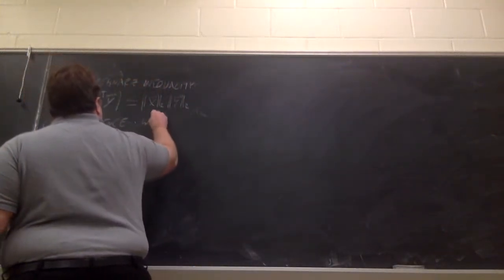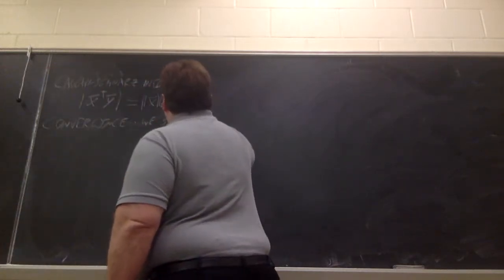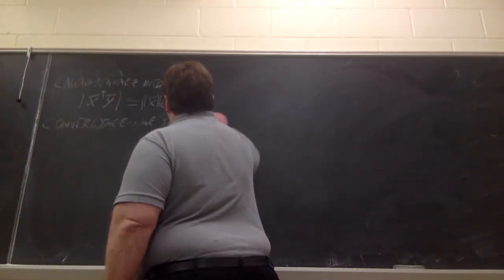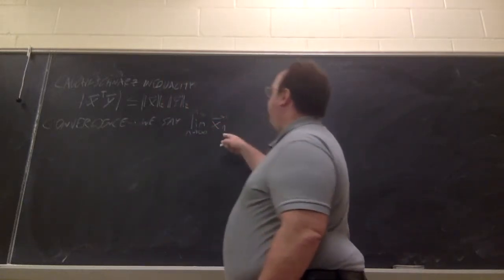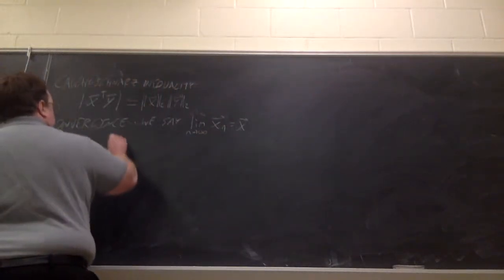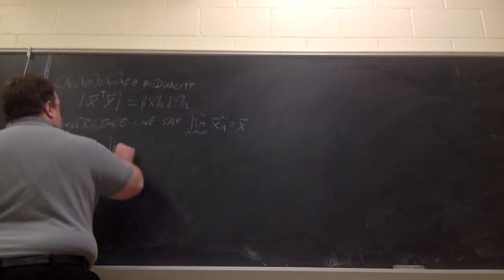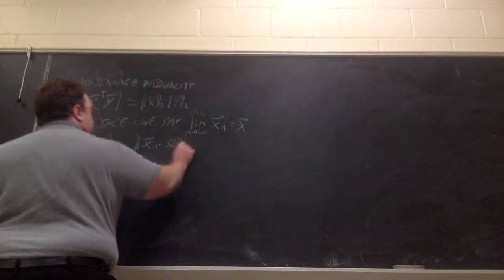So we say that the limit as n goes to infinity of a sequence of vectors x_n is equal to x if the limit as n goes to infinity of the norm of x_n minus x is 0,